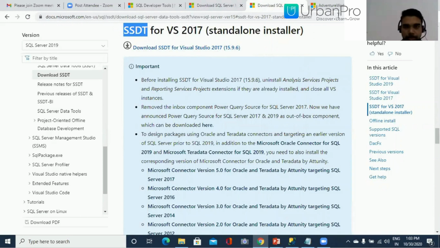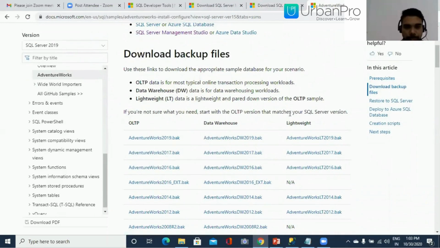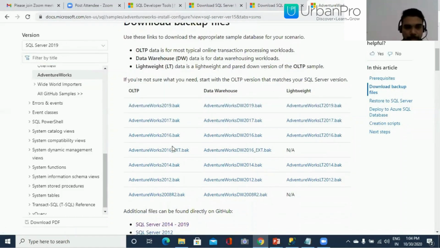Then you may need some sample database for your practice or for learning the BI modules. We have different sample databases. One of them is AdventureWorks, which is a retail project, and it is part of Microsoft Learning. You can get it from the Microsoft portal. Any version you download, there are three different versions. You can take the OLTP or Data Warehouse or Lightweight. Mostly we'll be using the AdventureWorks OLTP, which will be the OLTP database, and AdventureWorks Data Warehouse,